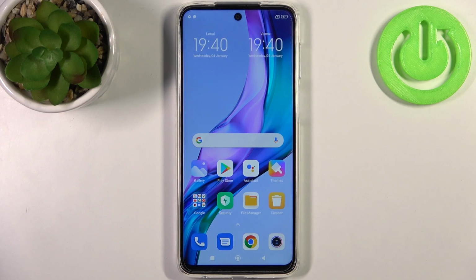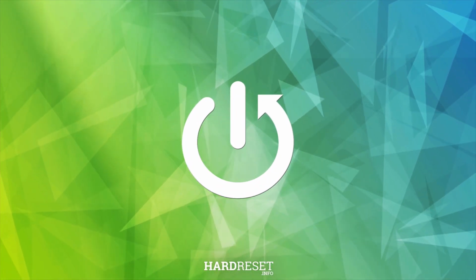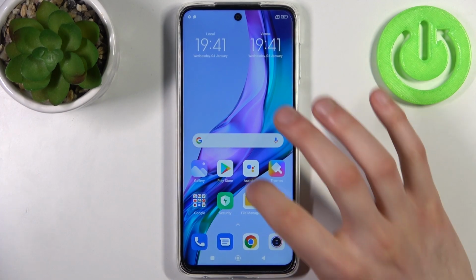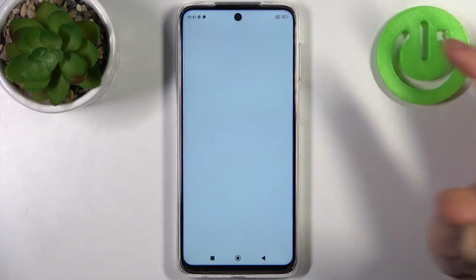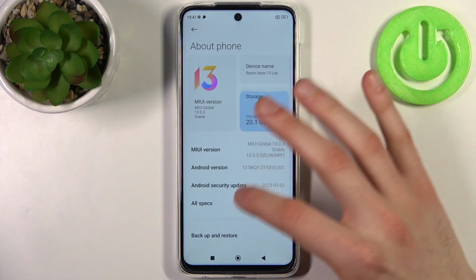Here I have Xiaomi Redmi Note 10 Lite, and today I'm going to show you how to perform a factory reset operation on this device. So to do this, firstly you have to open Settings, then you have to go to the About phone section,